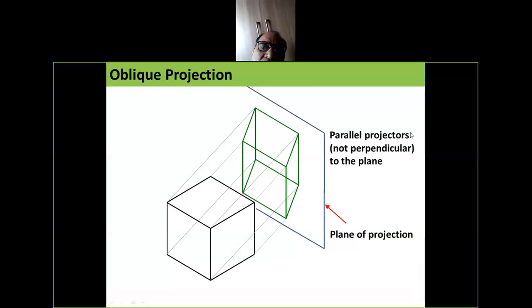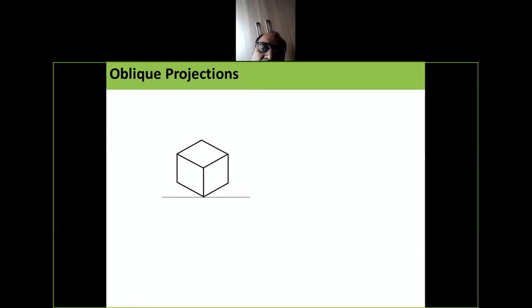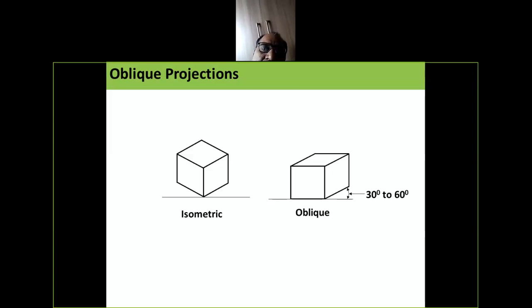So this will come under oblique projections.